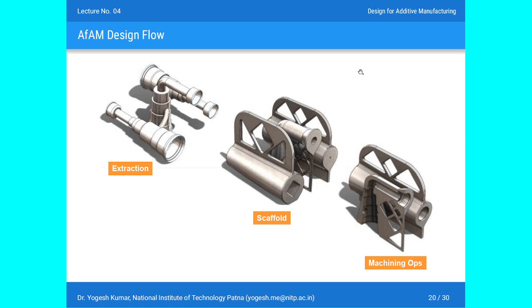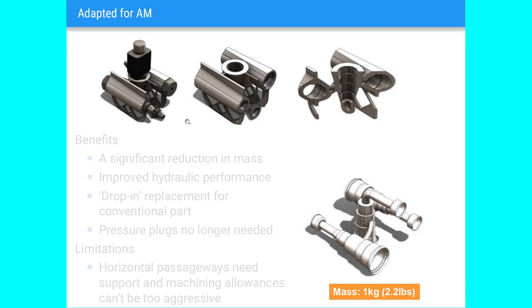Because this was the conventional way, suppose now we want to think additively. We are thinking that instead of assembling these valves on a metal block, let these be printed. In that case, we design the component in such a way that all the three or four components of your hydraulic manifold are printed in one shot using a metal additive manufacturing process.